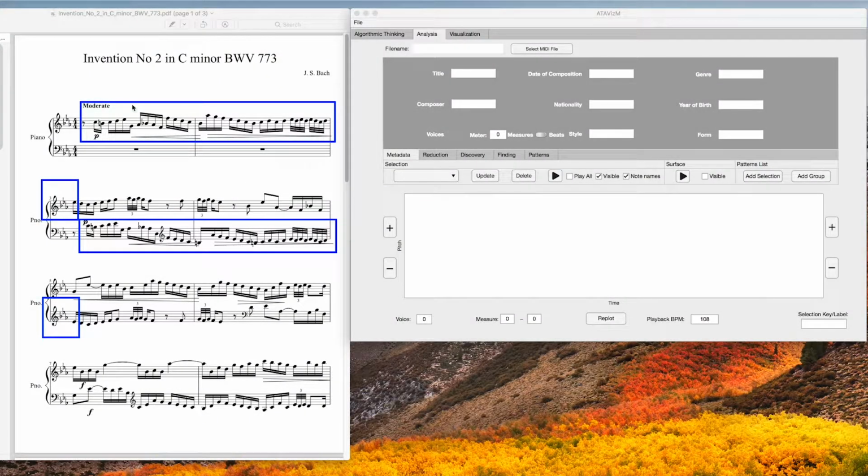This is an analysis of Invention number 2 in C minor by J.S. Bach. I always recommend starting off with a score analysis before even opening ATAVizM and loading a MIDI file. So I've downloaded this PDF from musescore.org, which is where I also got the MIDI data, and I've gone through and I've placed boxes around all